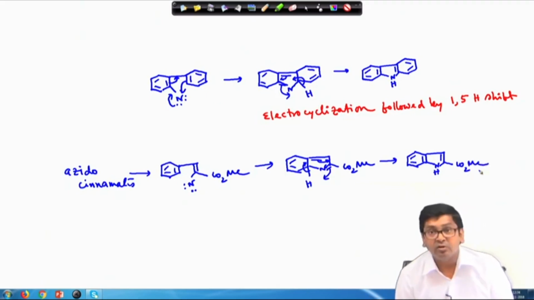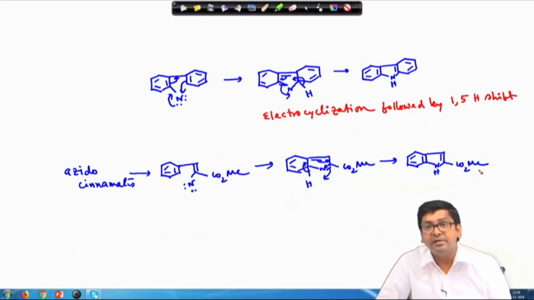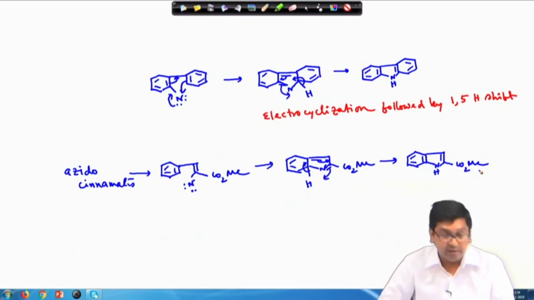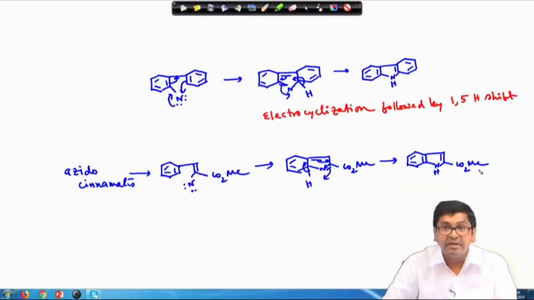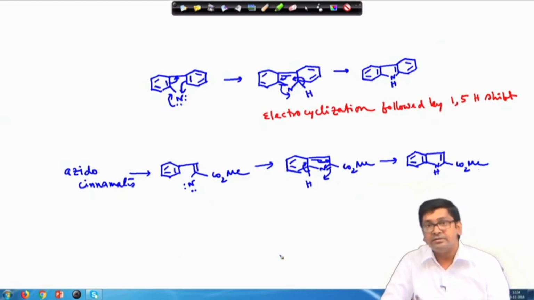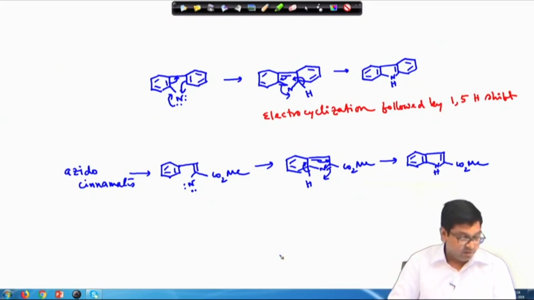So, these reactions are also following a similar pathway. Okay. Similar way, as per the previous one, this is also working in a similar way. Okay. Now,